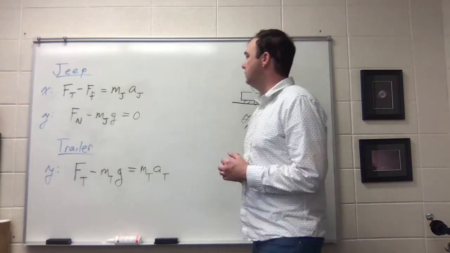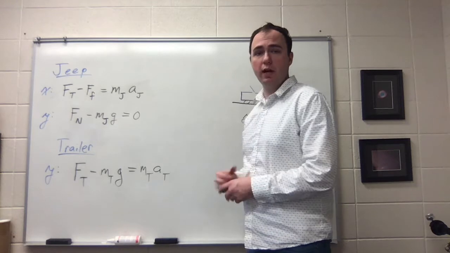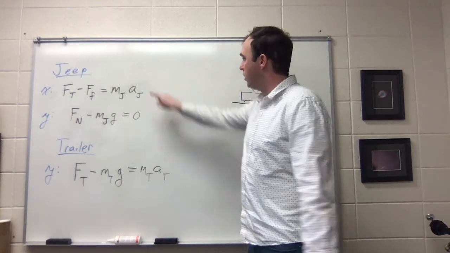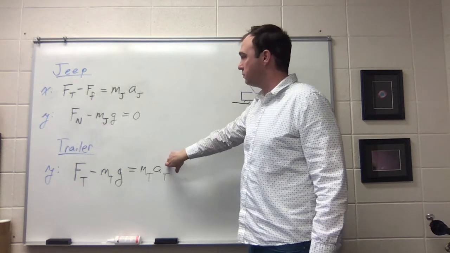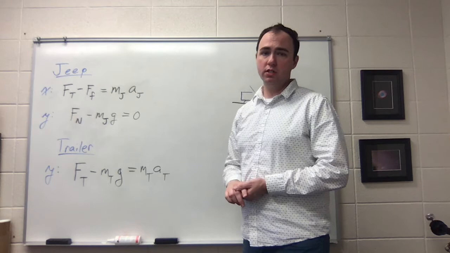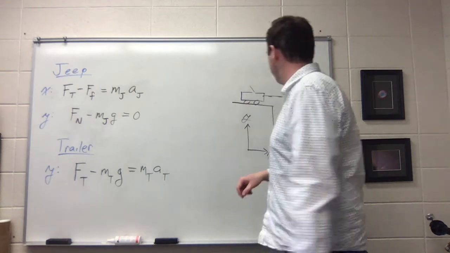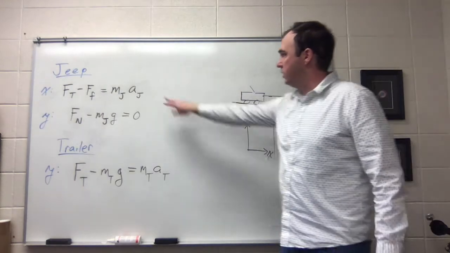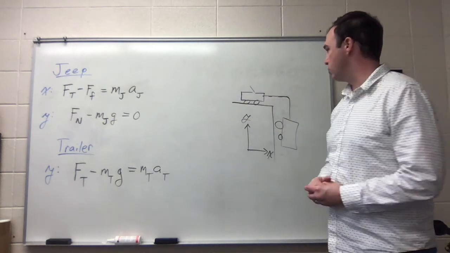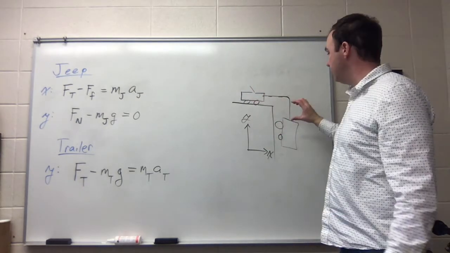Okay, so we've got our equations copied down over here. So that represents everything that we were able to get out of the free body diagrams for the two objects. Now we're trying to solve for the acceleration, and to do that, we have to make a couple more observations about the physics before we can just start doing algebra. So the first thing to do is to compare these two accelerations, the acceleration of the Jeep and the acceleration of the trailer. So they're tied together,